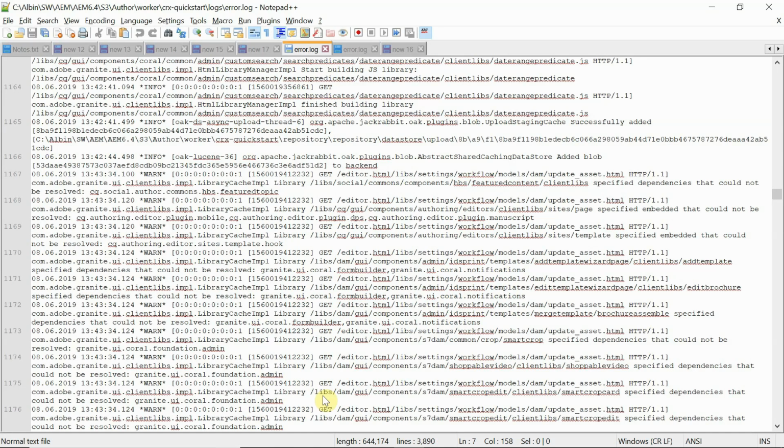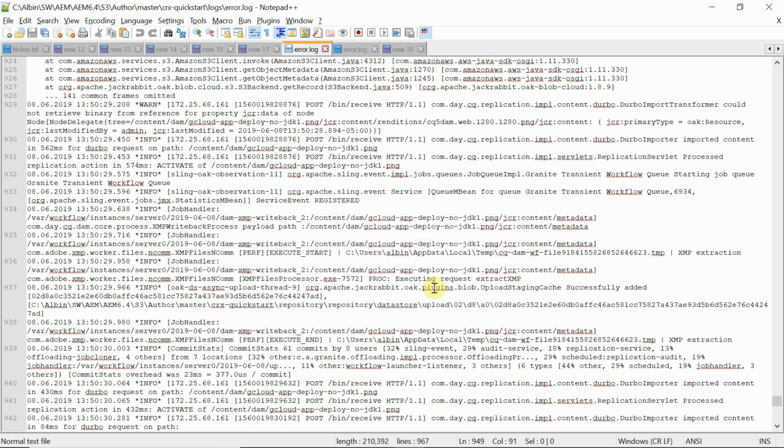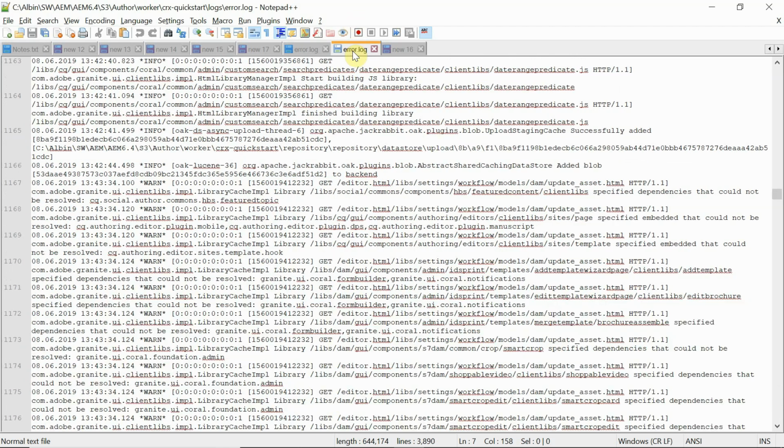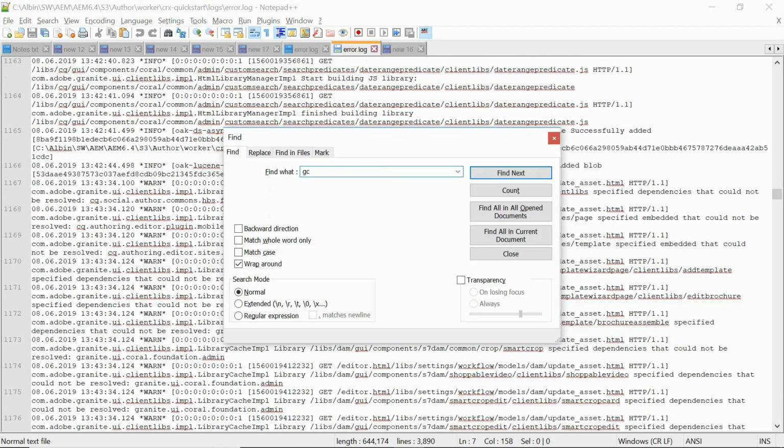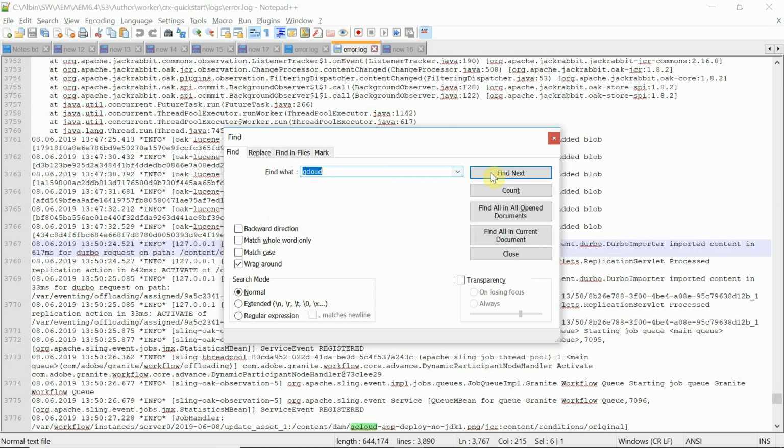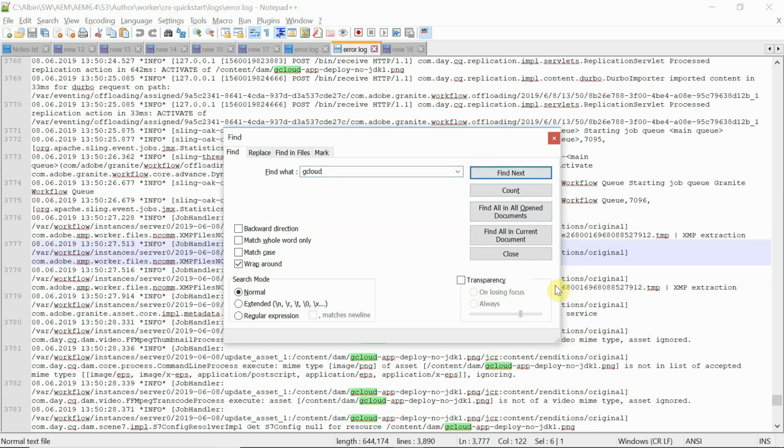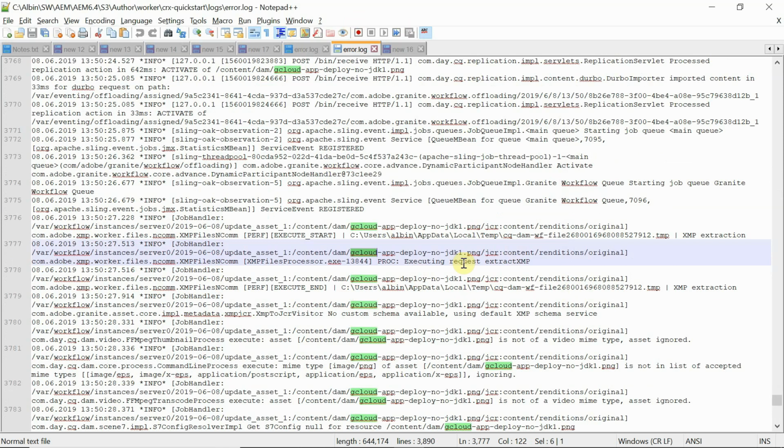This GC Cloud. Okay. If you see here, rendition original. So you can see that the image is processed here, executing request, extract XMP, and all those things. All those steps are executed here.